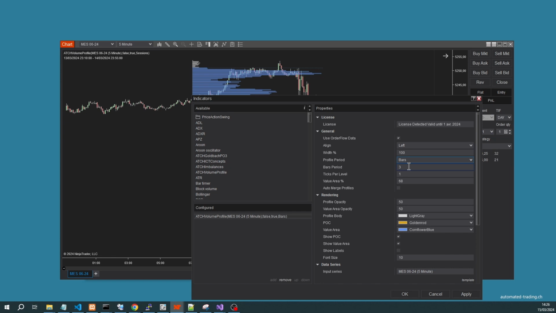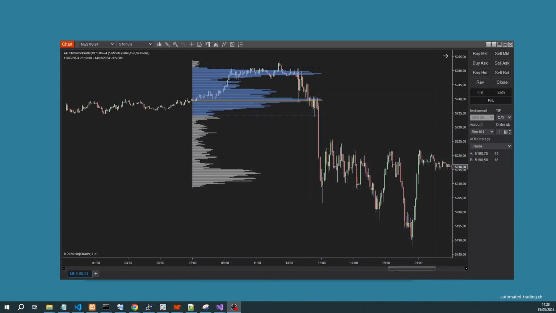So I will show you these features one by one, and I will do a quick overview, and later I will show you two ways you can practically use this indicator in your trading. Okay, so let me start by